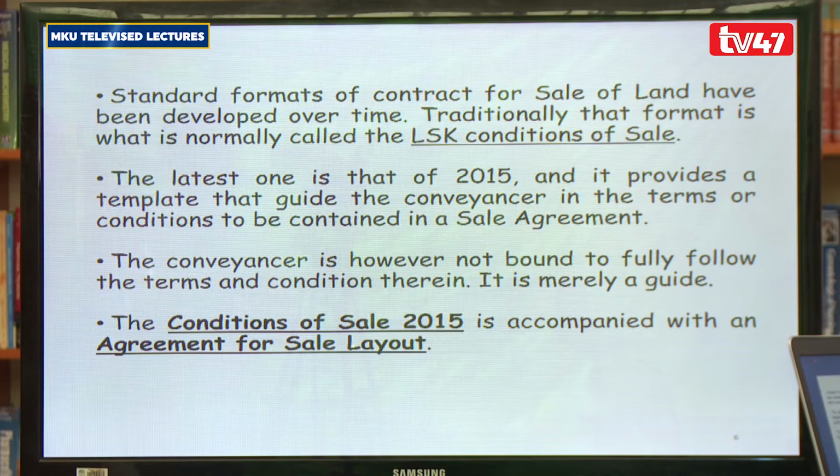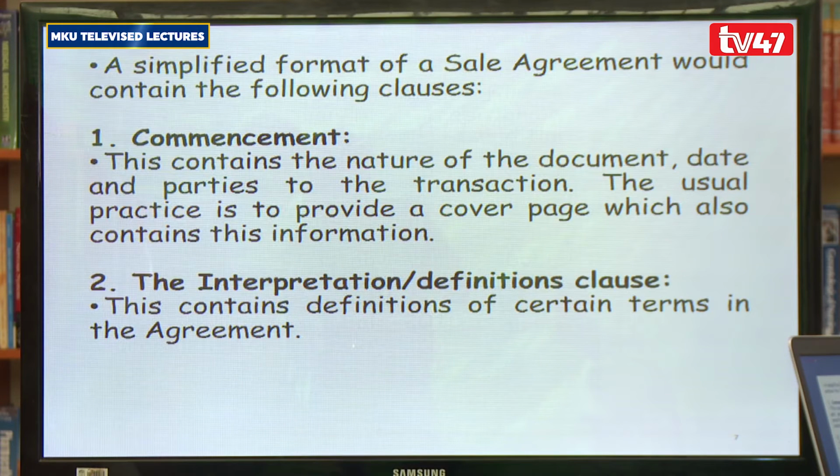But it is important that we go through the prescribed agreement for sale layout, because this is what forms the generally agreed agreement for sale, to see what the conditions are and what the implications are. Now, even as you engage in the drafting of a contract for sale, the conveyancer must understand what these clauses mean. And some clauses, of course, are in fact more critical than others. It is not unusual in the world of contracts.